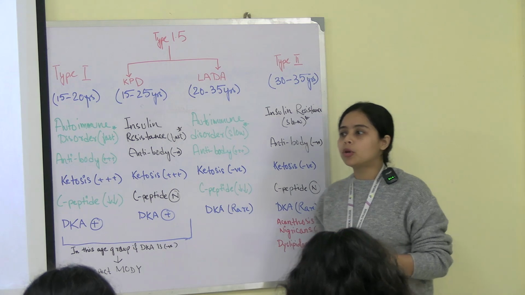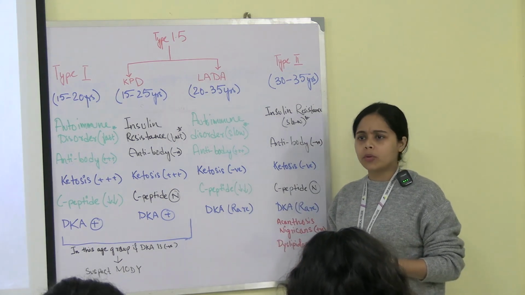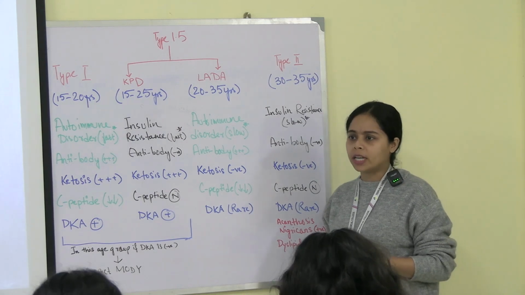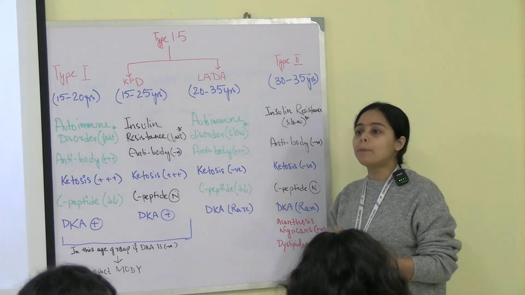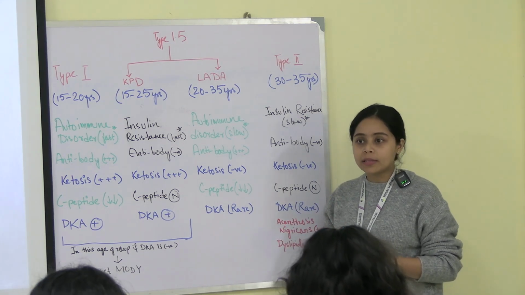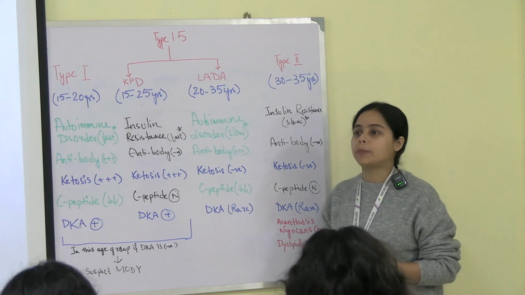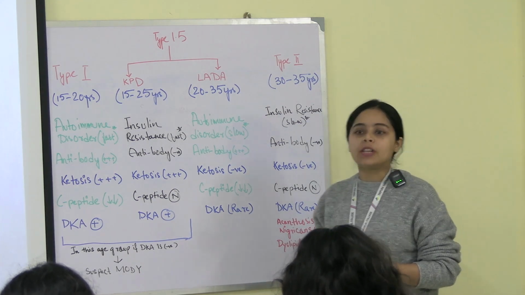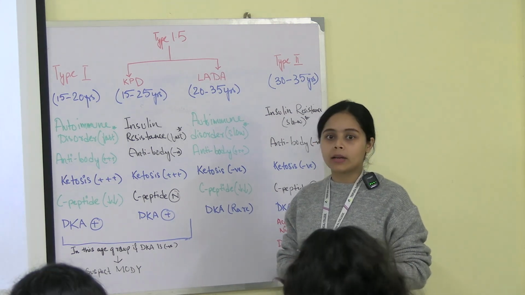The patient will come to you in the clinic or in the OPD with just the diabetic complaints of polyuria, polyphagia, polydipsia, and fatigue. And another thing to note in type 2 diabetes is that the patients are obese. Obese means fat. The patients are obese and they will have dyslipidemia and acanthosis nigricans. Do you know what acanthosis nigricans is?